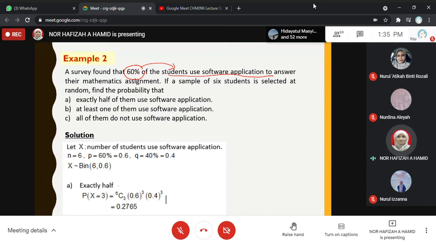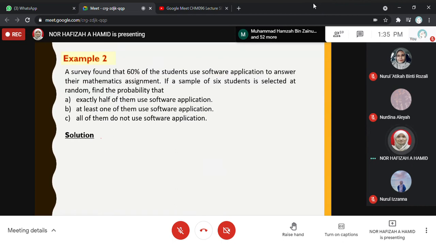It wants exactly half, which means X is equal to 3. So X equal to 3, substitute into your formula for the binomial and you get the answer. For B, it wants at least 1. So if at least 1, the probability